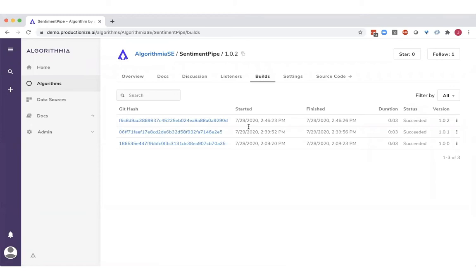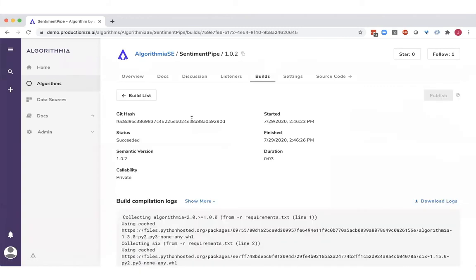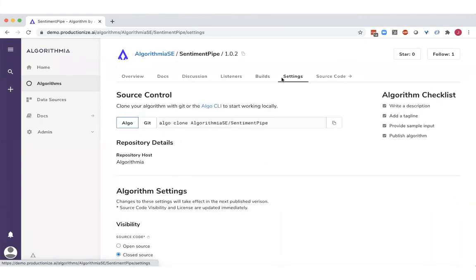So in the case of this particular model, I can go in and see all the builds for this model, and here we have every single version of this model, and I can look at the build history for each, and I can see when it was run and review these build logs. And if I wanted to update this model, modify it and publish an entirely new version that's backed by Git, I can Git clone it locally and use my existing development environment. And Algorithmia uses Git behind the scenes for full DevOps of the machine learning operations experience, and